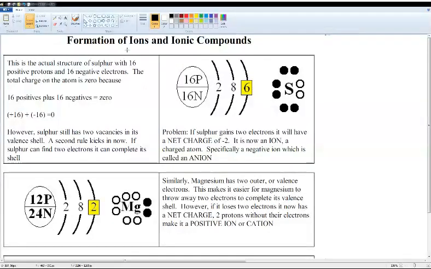You should have in your chemistry booklet this formation of ions and ionic compounds. So, what you've indicated is you can go from the nucleus here, you can set up your Bohr diagram, and this gets you your Lewis dot. So, what is sulfur going to do now? Well, if you look up in your textbook, you will discover